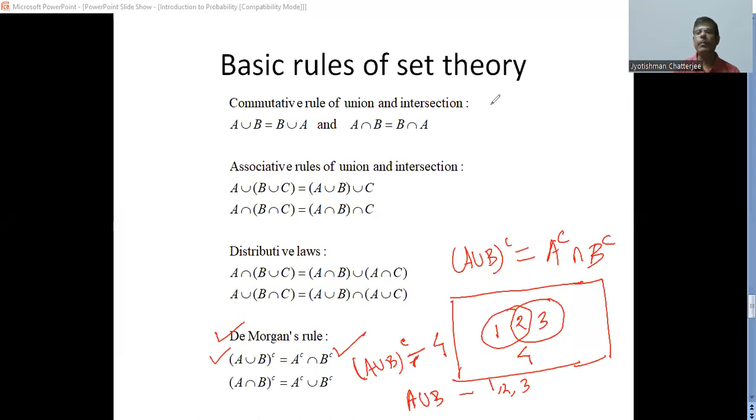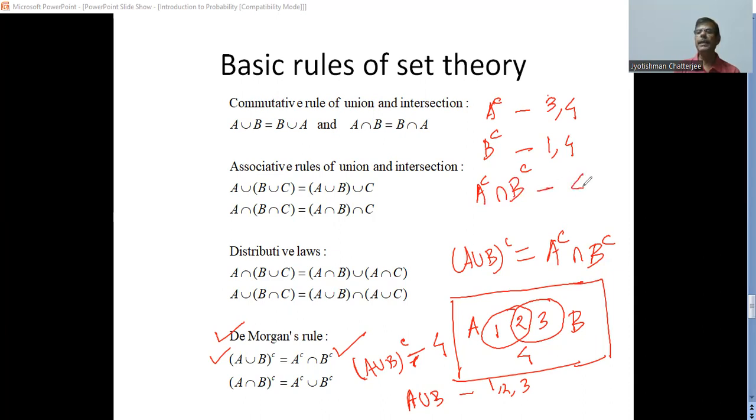Okay, what is A complement now? A complement means the regions 3 and... by the way, this one is A and this one is B. So A complement means the outside of A, that includes the regions 3 and 4, and B complement is the regions 1 and 4. So when we take intersection of A complement and B complement, which all regions will come under